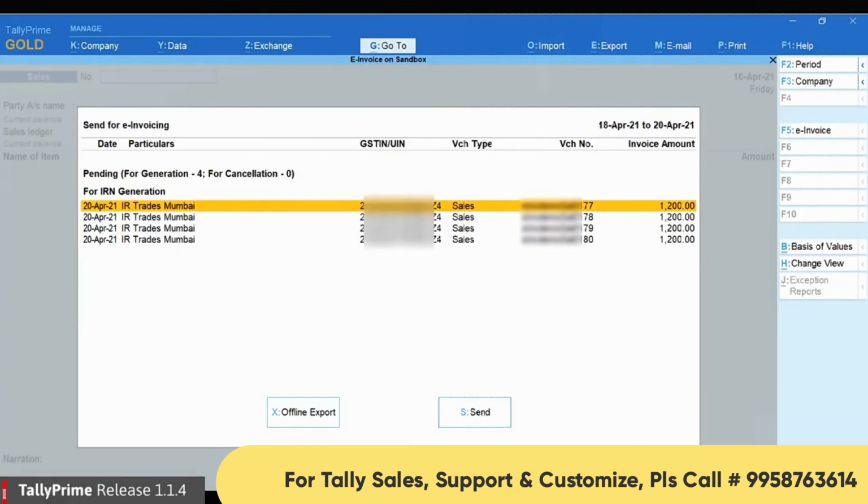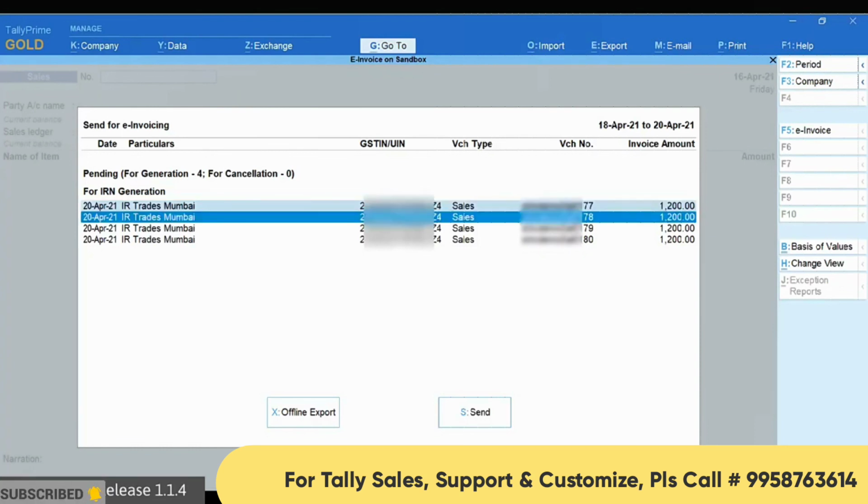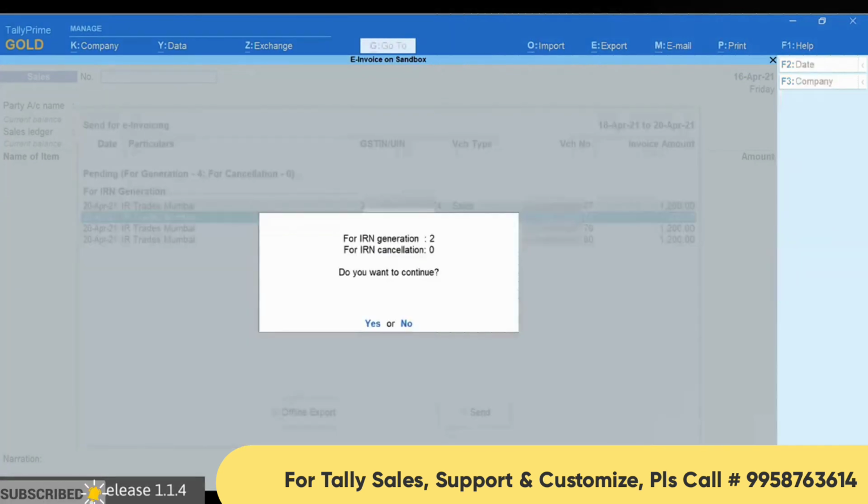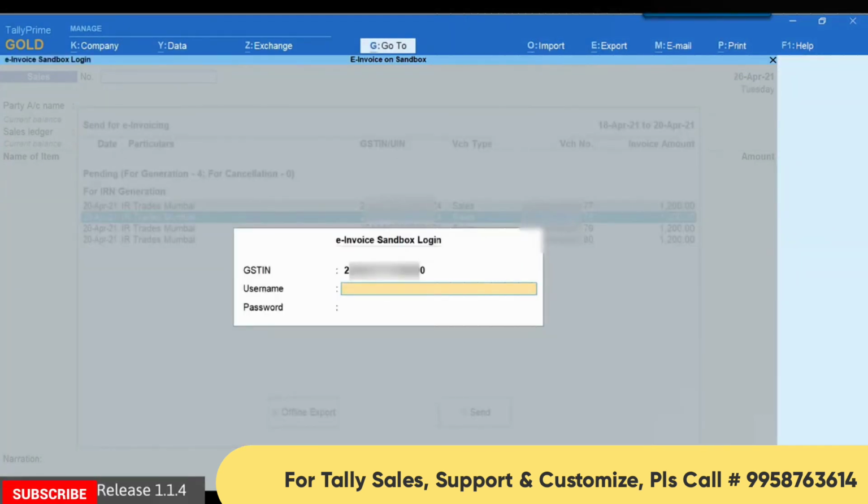Select the transaction you want to exchange with the e-invoice sandbox system and then click Send. You can also select multiple transactions if needed. Thereafter, you can enter your sandbox login credentials and press Enter to generate IRN for the transactions.